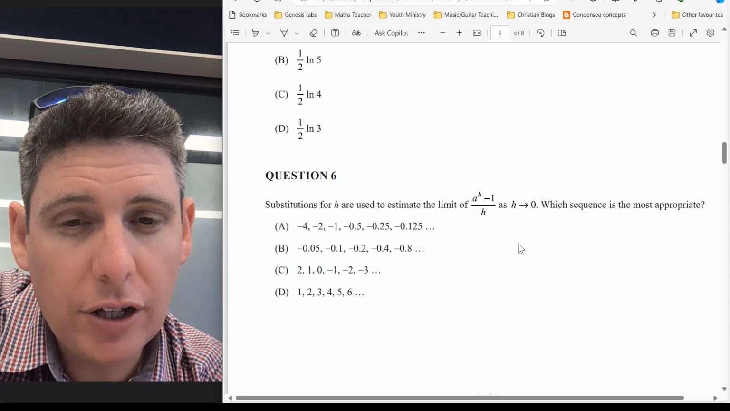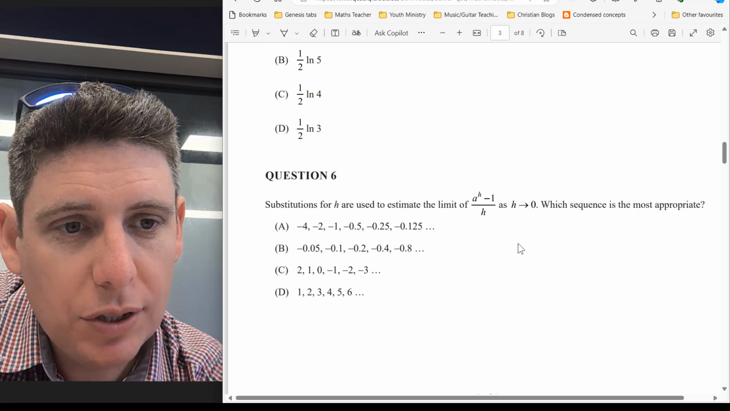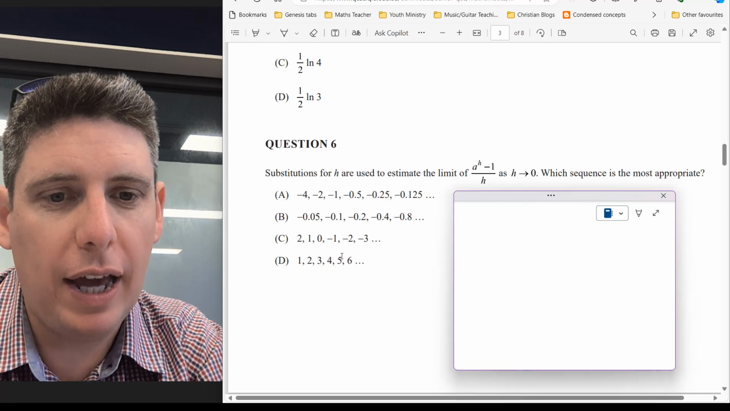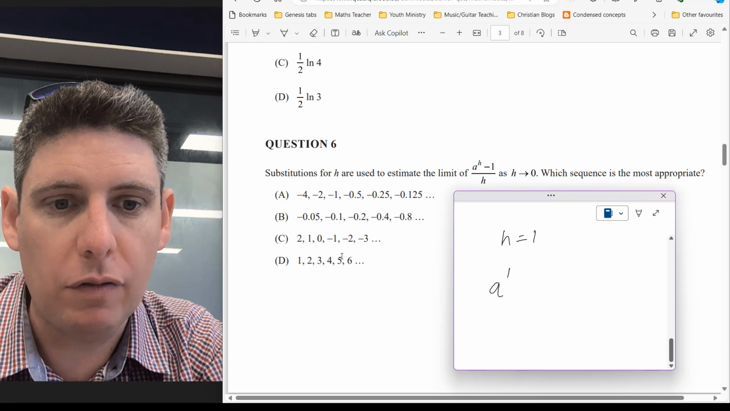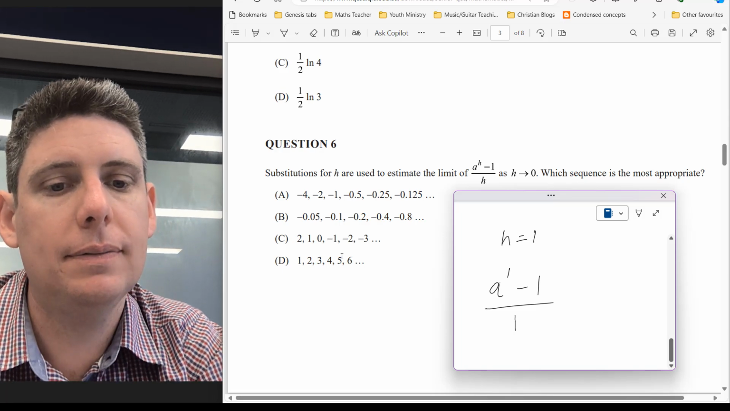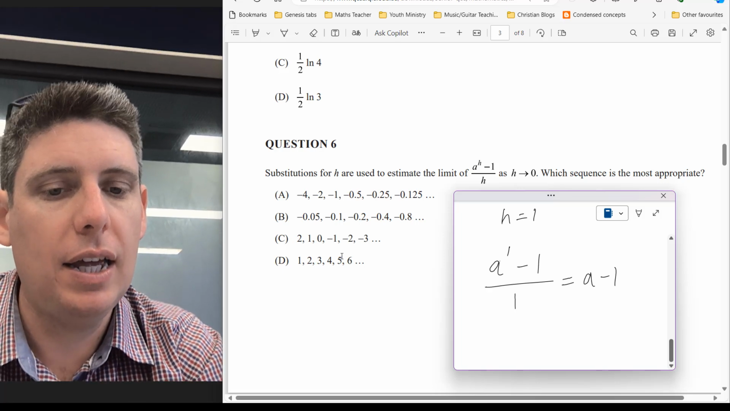Substitutions for h are used to estimate the limit as h approaches 0. Which sequence is the most appropriate? So we could start with h equals 1. So a to the power of 1 minus 1 over 1. So it's a minus 1. Then we could try h